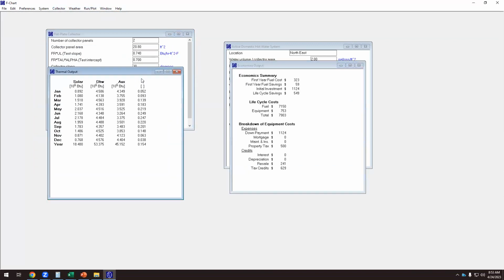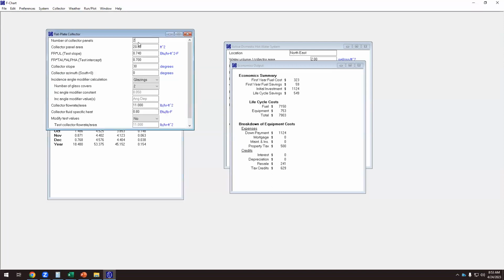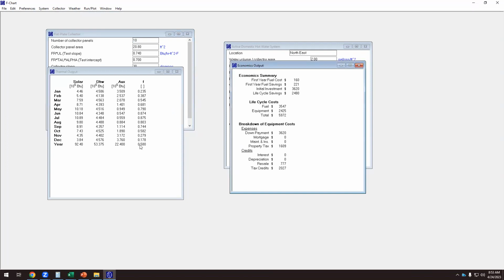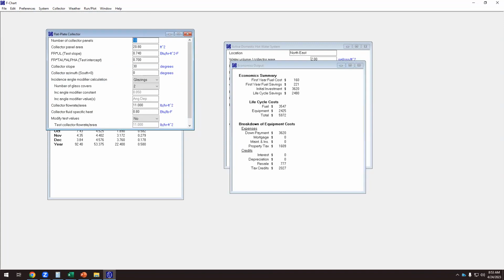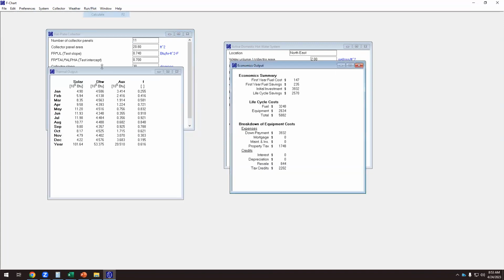So what we have to look at is the F value. That's why we call this the F chart, because the relevant parameter is this F value. And this F value, the yearly, okay, so here we have the year, it has to be above 0.6 or 60%. So now it's 0.15. So we are far. What do we have to do? We have to place more solar collectors. Let's say 10. Let's calculate again. And now we are getting there. It's 58%. I think with one more solar collector, it will be enough. Yeah. Okay. So that is the minimum